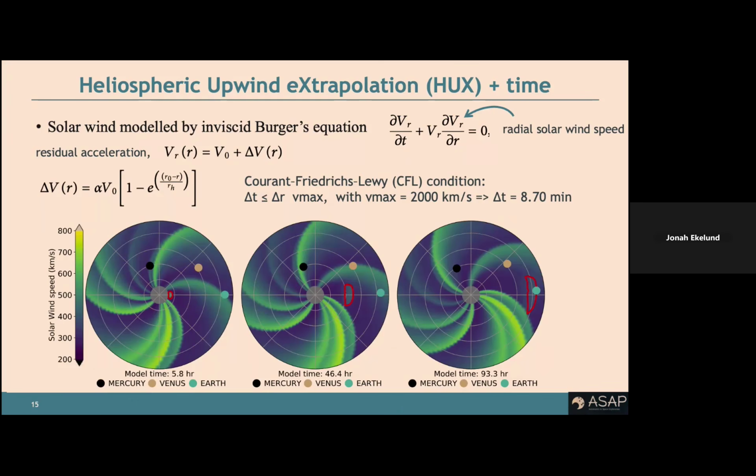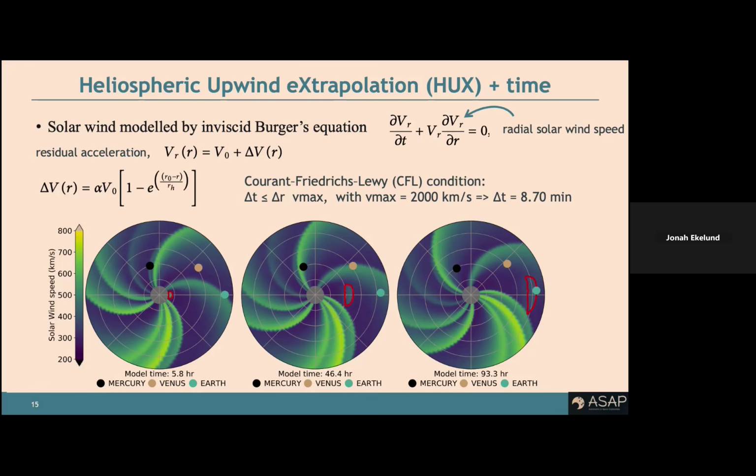So for the heliospheric model, we're going to use a very simple model. It's called HUXT, heliospheric upwind extrapolation, which is actually just a Burgers' equation. So very, very simple. And actually, this model is completely fine to use. In fact, for these types of questions, it's competitive, and even more simple models such as drag-based models for CMEs may outperform more physics-based models. And so the real problem is often not that we don't know enough of the basic physics about these systems, but that we don't have the right initial conditions for these models. But yeah, so that's going to be the model.